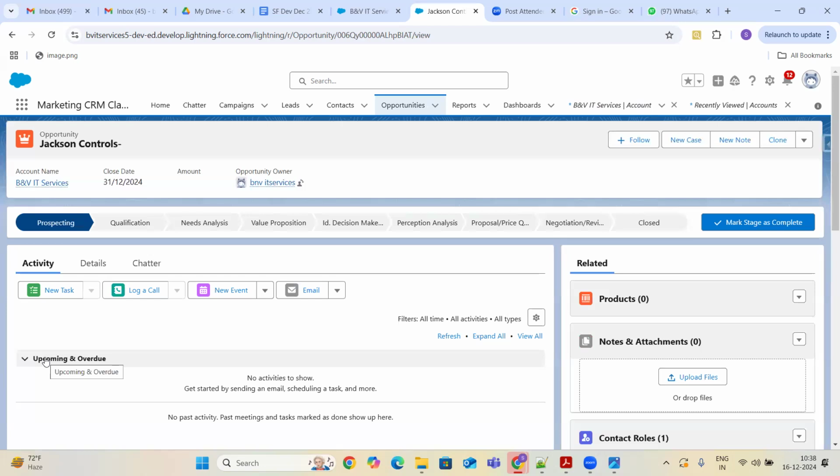Then you might have one more question. In that case, why do marketing applications have this opportunities tab? They can just use this tab to report how many opportunities are created as part of the campaign. That's their job. Apart from that, nothing they are going to do.